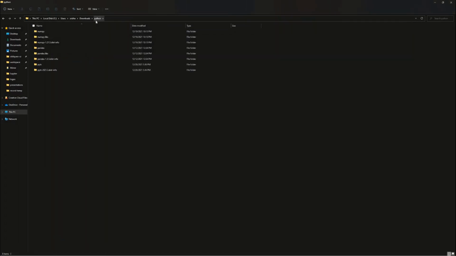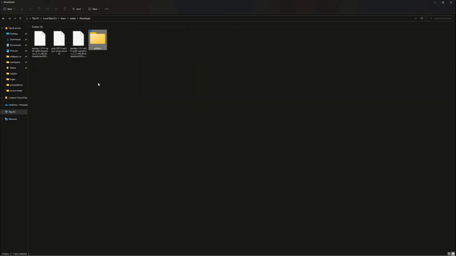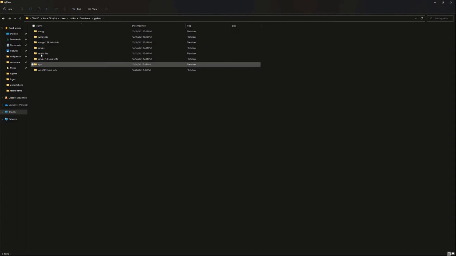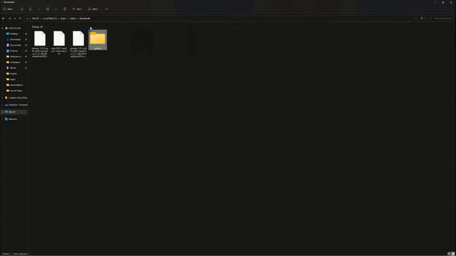So our Python folder has these directories which we extracted from all three libraries together. Remember this step, that we have to create a zip file of this Python folder. The pandas library is the empty directory, so I'm just deleting this empty directory. We have to create the zip file of this Python folder.